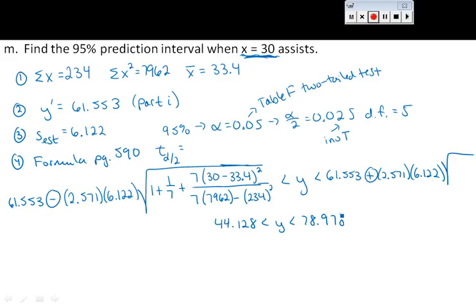So what we are saying is that when our x value is 30, so when we have 30 assists, we are predicting that our actual y value, our actual total number of points, is somewhere between 44.128 and 78.978. Now, again, finding the interval is one thing, the explanation piece is a big part of it. With this interval, we're saying we are 95% confident